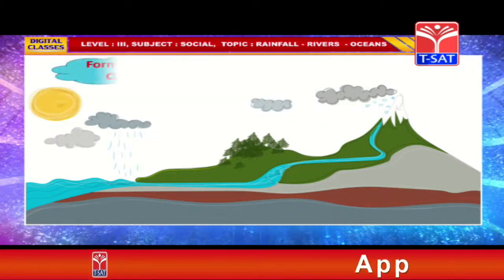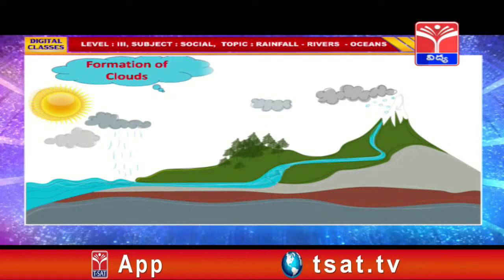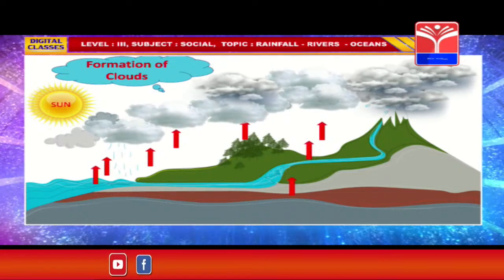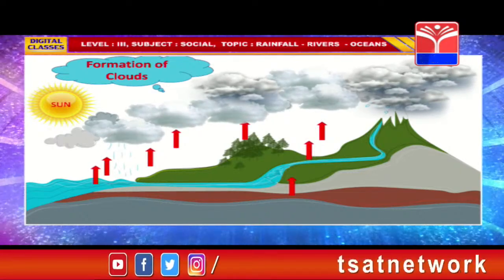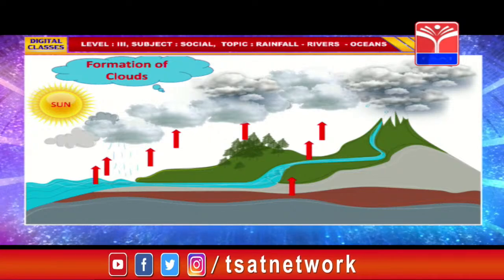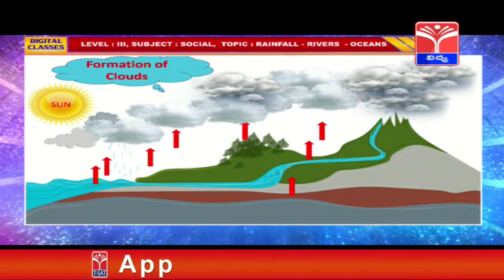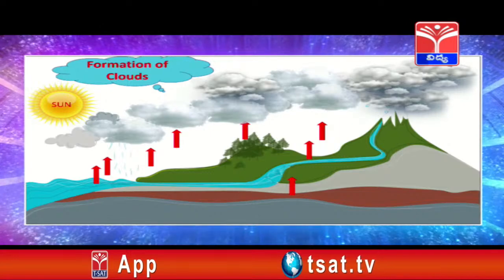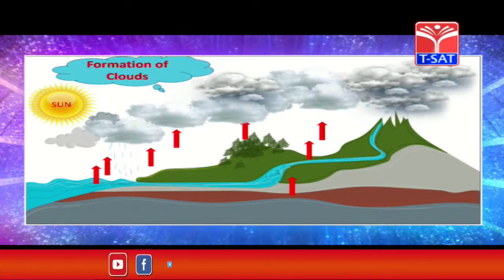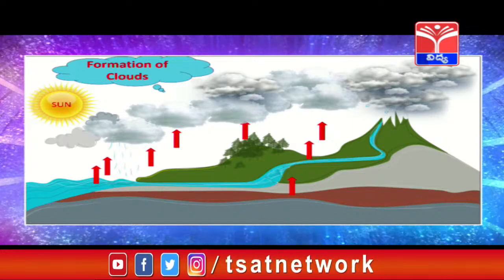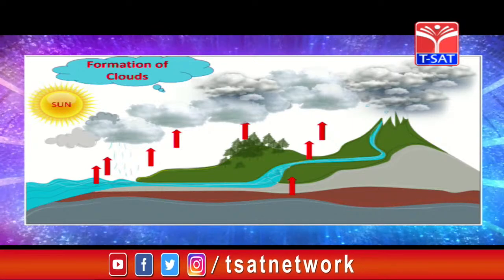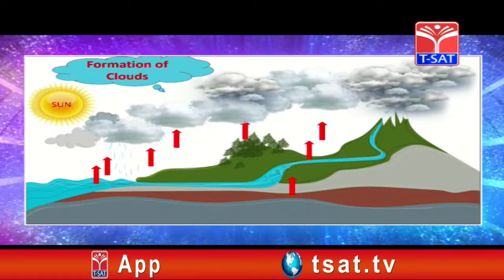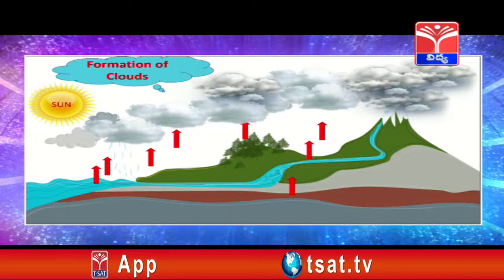Now let us learn about the formation of clouds. When there is a rise in temperature, water vapor rises and reaches up in the sky and it gets cooled. This is because the atmosphere gets cooler as we rise above the surface of the earth. With the cooling, water vapor is transformed into tiny droplets of water, and these droplets gather around minute dust or smoke particles in the air and gradually increase in size. These small drops of water gather to form the clouds. In simple words, we say that the clouds are the tiny droplets of water hanging in the air above.